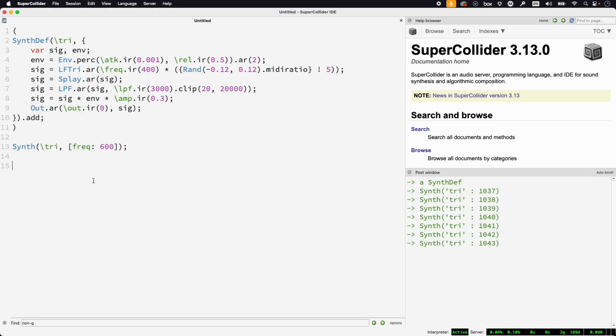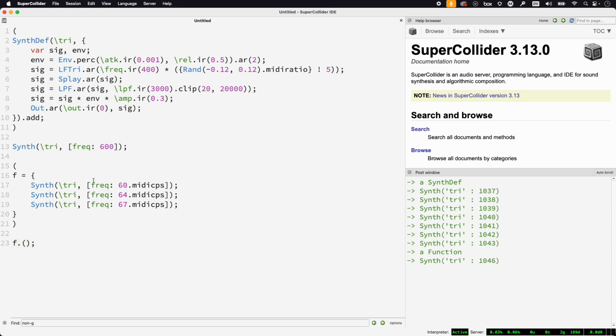So I guess the main question we start with is how do we actually sequence sound? Now, if we try to use what we currently know, we can maybe build a function, and we'll play one of these at middle C, and then we'll make a nice little major chord. So we've defined a function, and if we evaluate this function, we might want these synths to happen one after the other with noticeable difference between them,